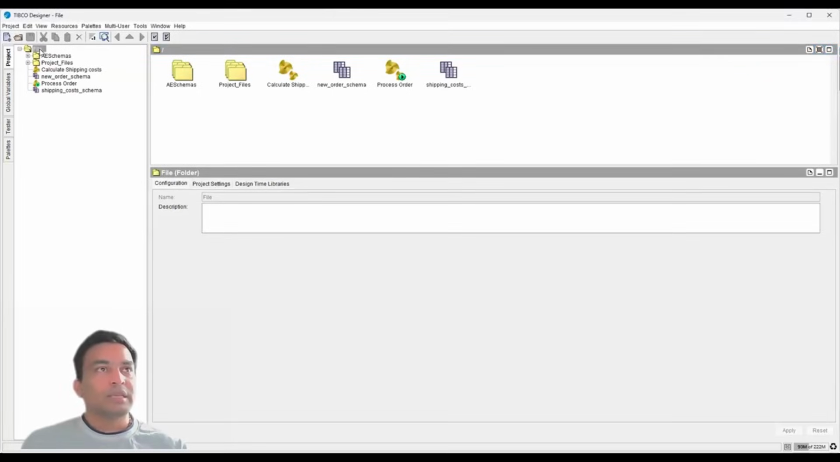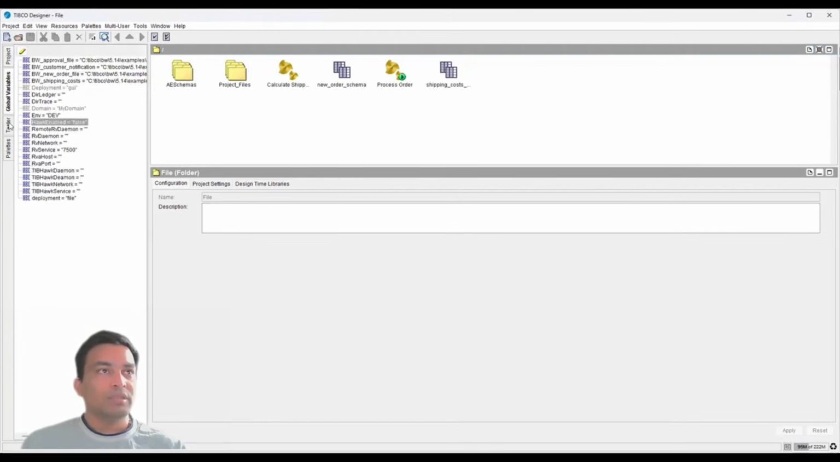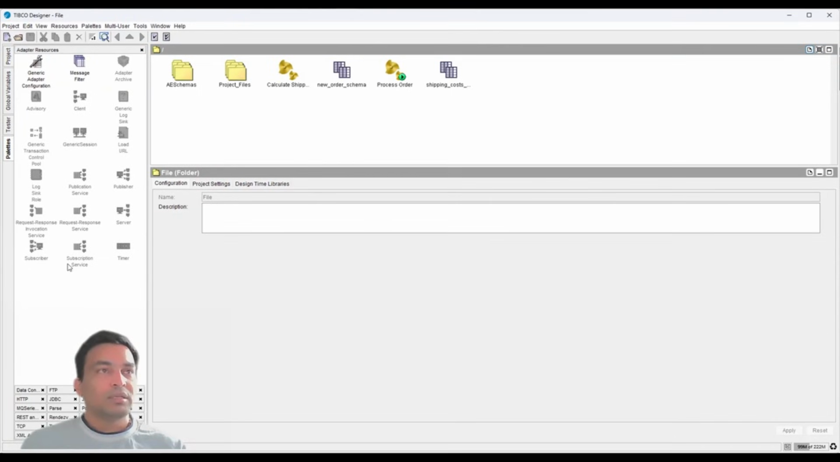In this session, we will take a look at TIBCO BusinessWorks 5 project, which is a file-based project shipped out of the box from TIBCO. And this is TIBCO Designer. On the left-hand side, you will see the project panel where the project files and folders persisted on disk are available. And we have multiple tabs here: global variables, tester, palettes. We will uncover these as we go through, and there are different types of palettes available, and for this particular